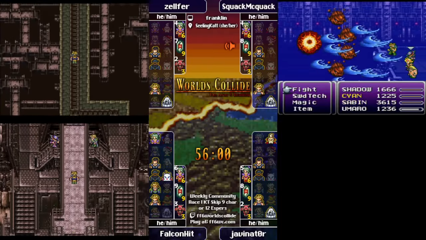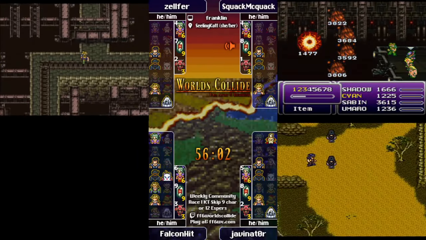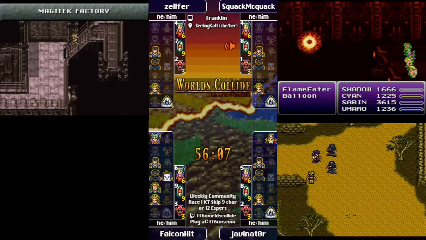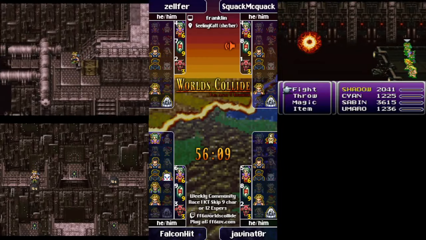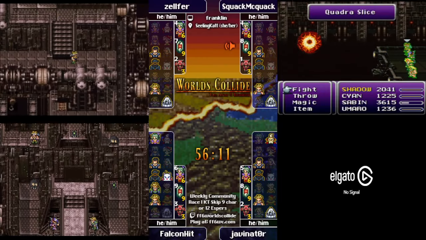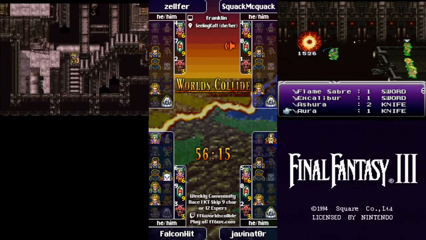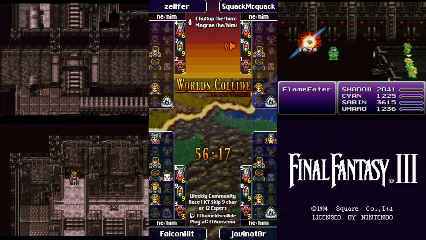Yeah, and speaking of going back into Magitech Factory, we see Zelf taking a second dip inside. He's going to try to get some revenge on Goddess, and hopefully that works out well for him because it's worked out for Swag. He found an Esper there, and